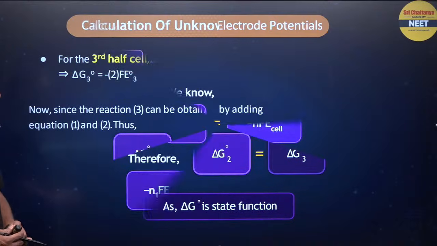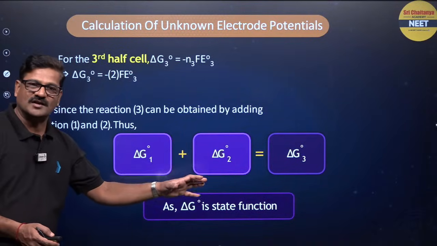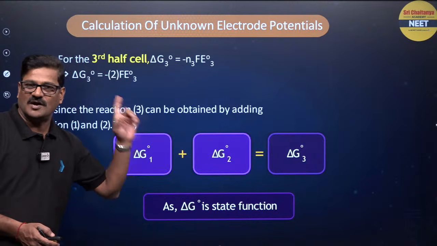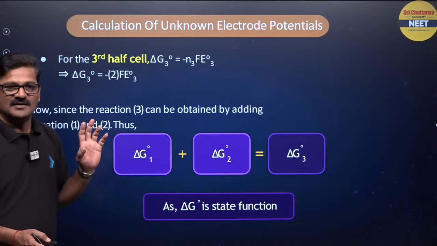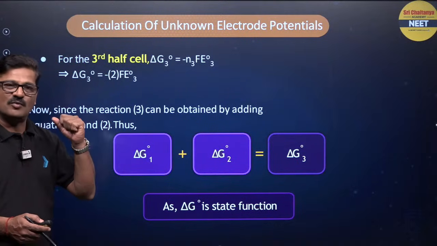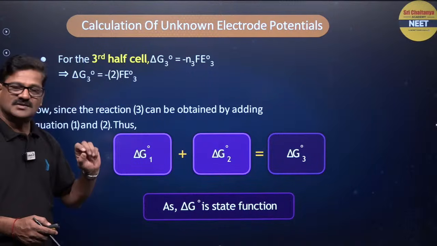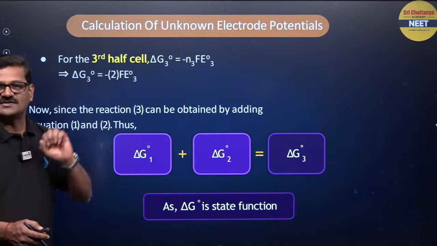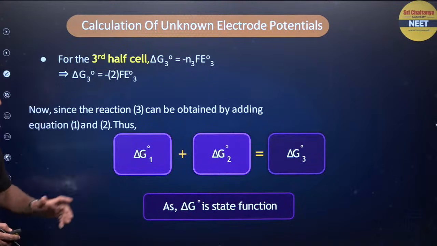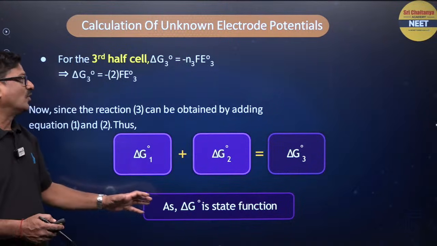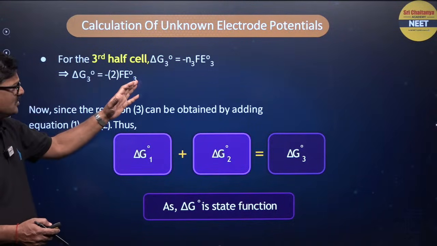And I want to say, if you use delta G naught 3 is equal to delta G naught 1 plus delta G naught 2, I am telling you, based on this particular formula, in competitive examinations and CBSE examinations, several times questions have been asked, right? Now delta G is a state function, so you can see delta G naught